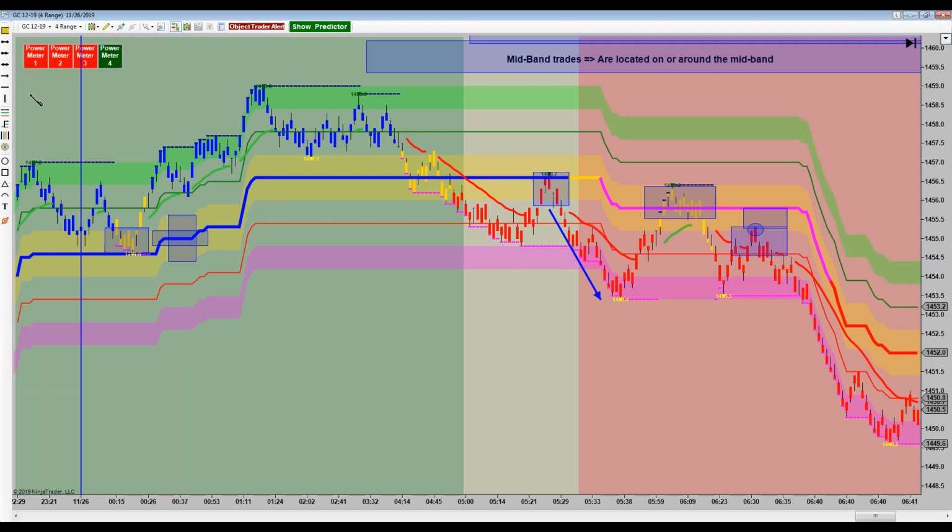Let me do it like this. Let me change this to a second here. All right. So here is where support has been established. 53.50. Now, what we found is that if markets, in order to give you a trade opportunity, if you're going